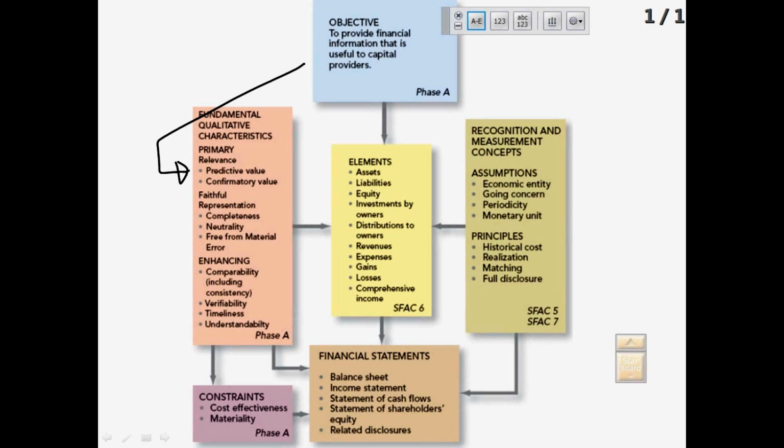And then it's free from material error, so we don't have any enormous glaring errors. Does it mean it's perfect? Does it mean it's right? No, it just means we are using the information that we have to the best of our ability to give you the best prediction or the best estimate that we currently can. Okay, and then we further want to enhance this by